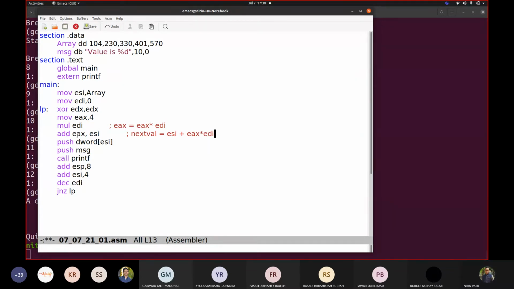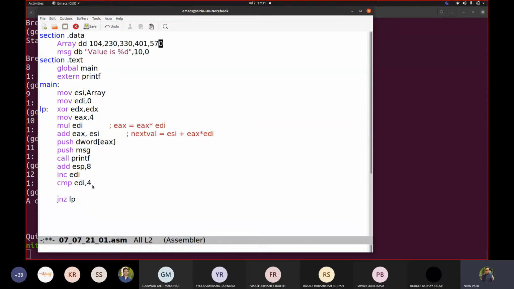So the next value I'm representing by EAX now here. Correct. Because how did we get this EAX? It was represented this way, EAX comma EDI. That's what we added here, and that's what we are getting. So if I write here now EAX, and then I'm removing this one, and I am saying increment EDI, CMP EDI comma, how many values will it go? 0, 1, 2, 3, 4.